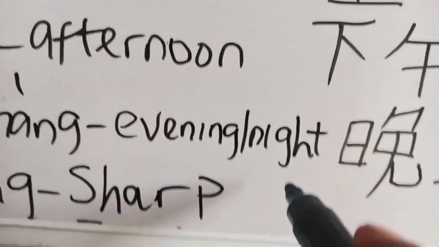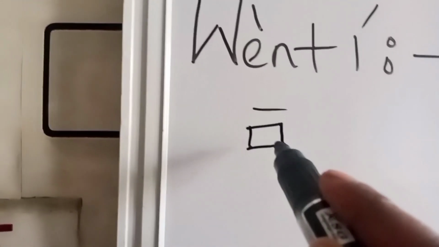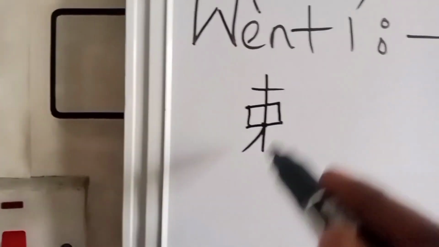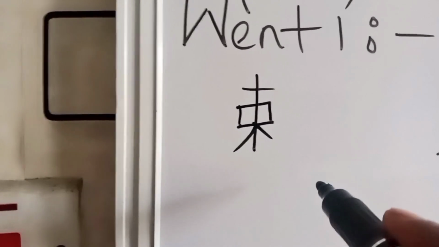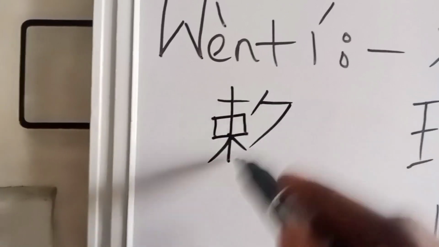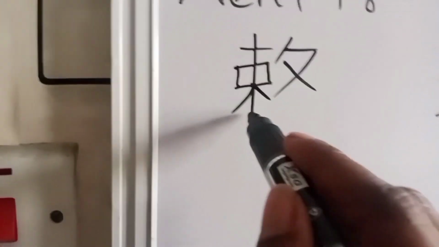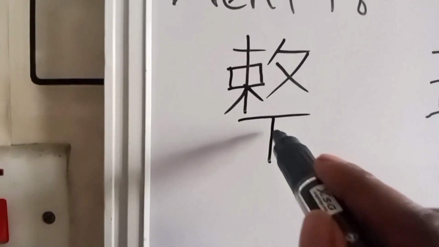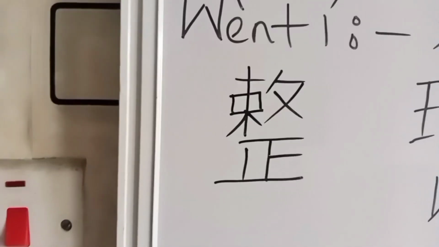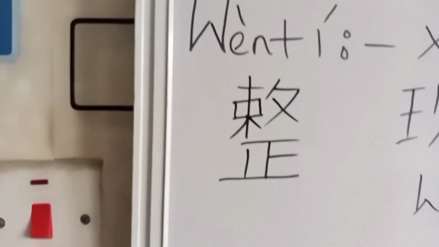Now this is zhōng. That space is too small. You do like this. Like this, like this, like this. You close this. Then you bring this here. Do like this. Do like this. And then do this. This. This. This. Come under. Do like this. You see why I had to come here to do this? This is zhōng. This is how to write the character for zhōng.